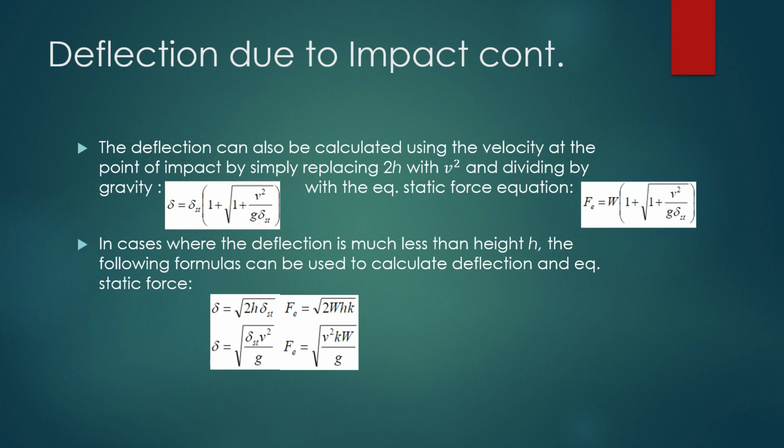In cases where the deflection is much less than the height h, the following formulas can be used to calculate the deflection and equivalent static force. In that situation, the delta is equal to root 2h delta static, and the equivalent force is equal to root 2